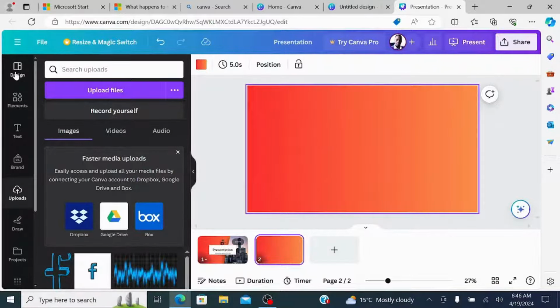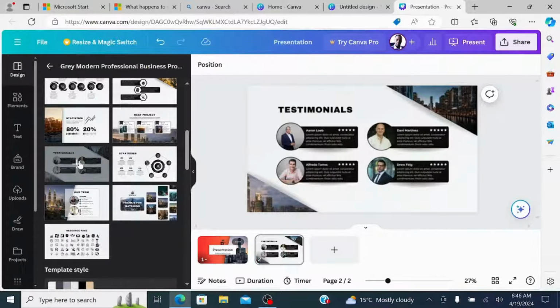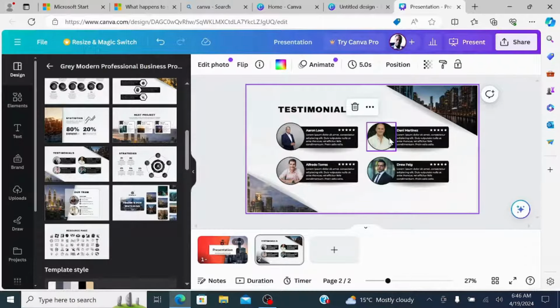Then I'll go back to the design section and I'll choose a template for that design. In this section, I'll do the same edits that I did with my initial design on the other side. Once I'm done with adding a new page, the other thing that I can do is add a